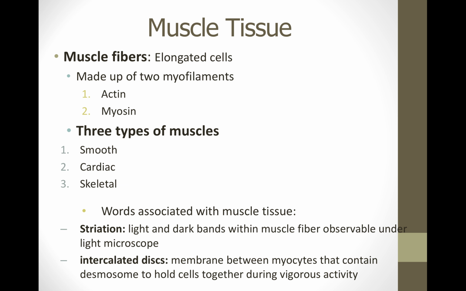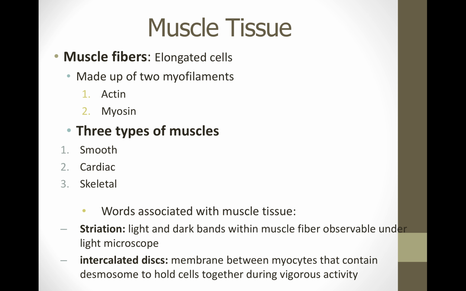Muscle tissue, what I want to focus on is that there are 3 different types of muscles you have. These muscles are made up of, basically, the majority of them are made up of proteins. The 3 types are smooth, cardiac, and skeletal muscles. There are a couple of characteristics you need to identify muscles with. One is a word used, striation. Striation is the light and dark patterns that are observed on the surface of the muscle if you're observing it